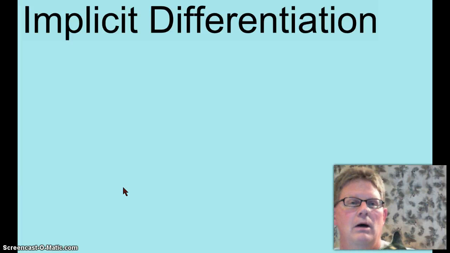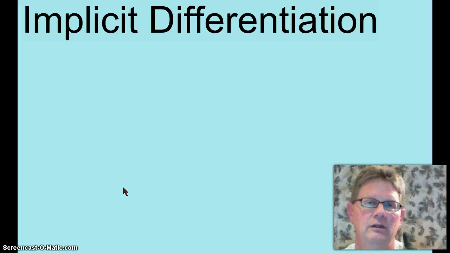Before we talk about implicit differentiation, I think we need to talk about the difference between explicit differentiation and implicit